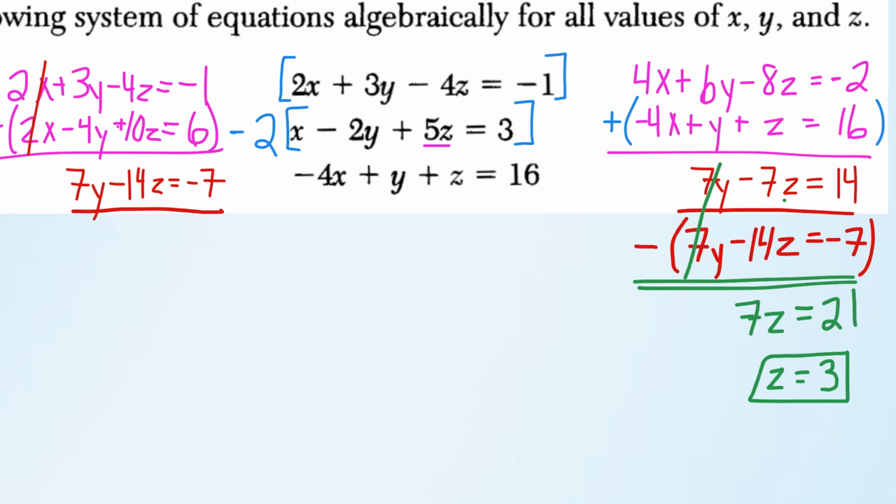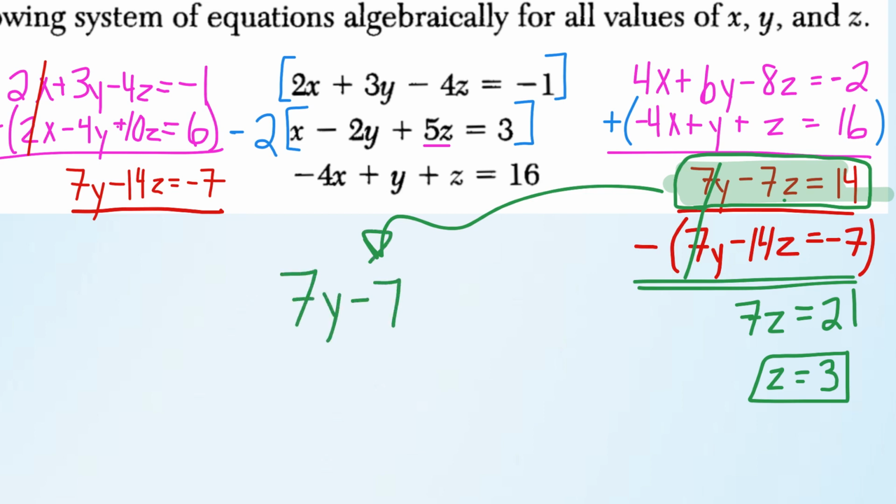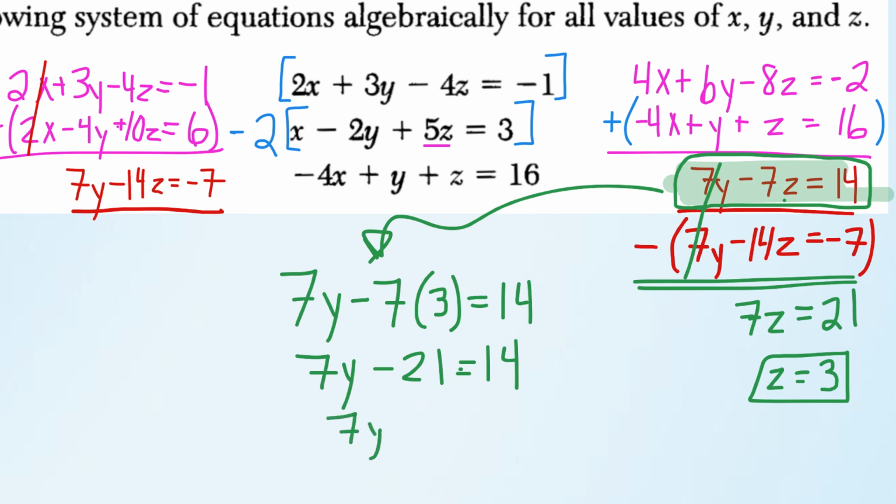Now that we know z is equal to 3, we can go back to this earlier equation, replace z with 3, and solve for y. So let's go ahead and try that out. So let's just bring that over here. So 7y minus 7z, now we know z has a value of 3, is going to equal to 14. So let's go ahead and solve this guy. So 7y minus 21 equals 14. If we add 21 to both sides of the equation,